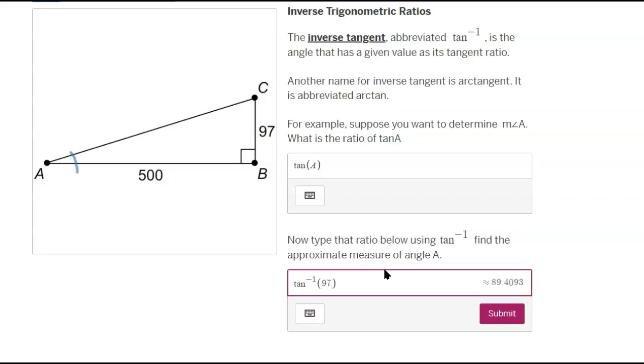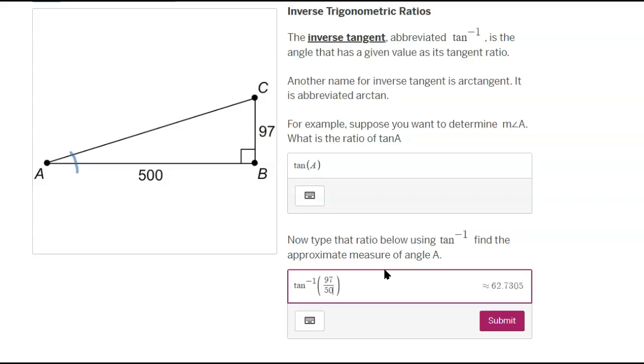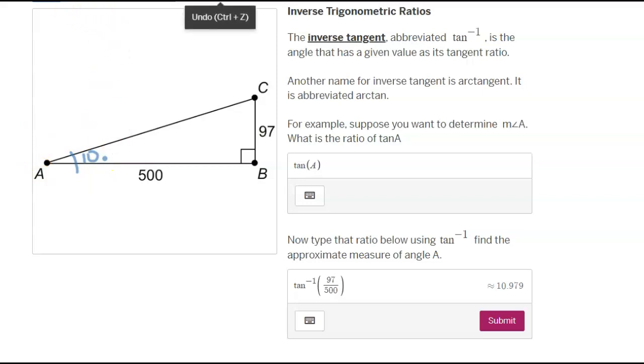So all we have to do is type in 97, which is the measure of the opposite leg, divided by the measure of the adjacent leg. That is approximately 10.979, so if we round it to a whole degree, we can say that A is approximately 11